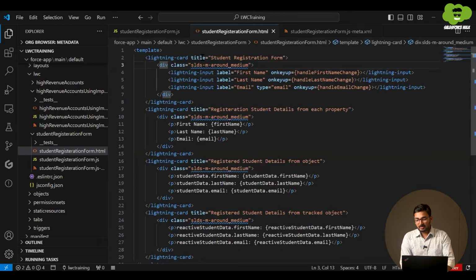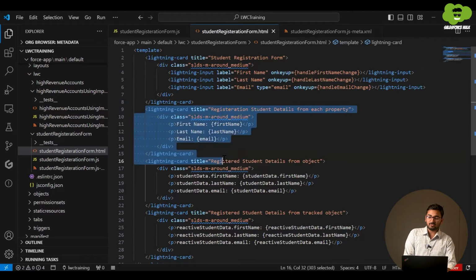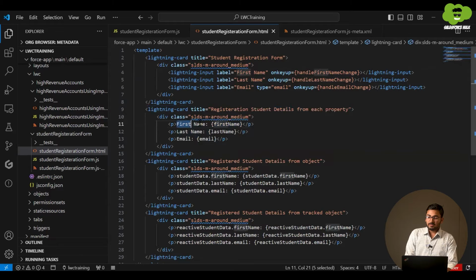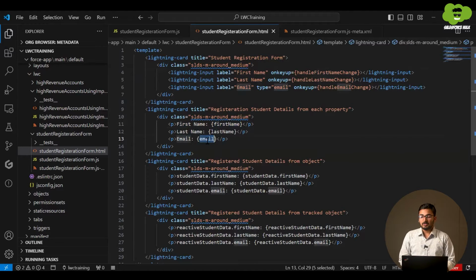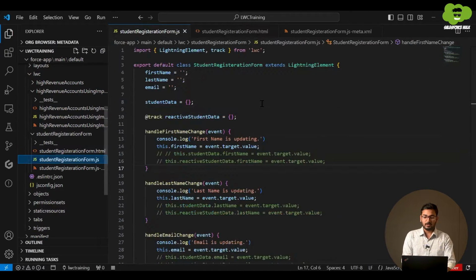The first card shows the input elements for first name, last name and email. The second card displays the first name, last name and email, reflecting the property values: first name property, last name property, email property. We have defined these properties in the JavaScript part.